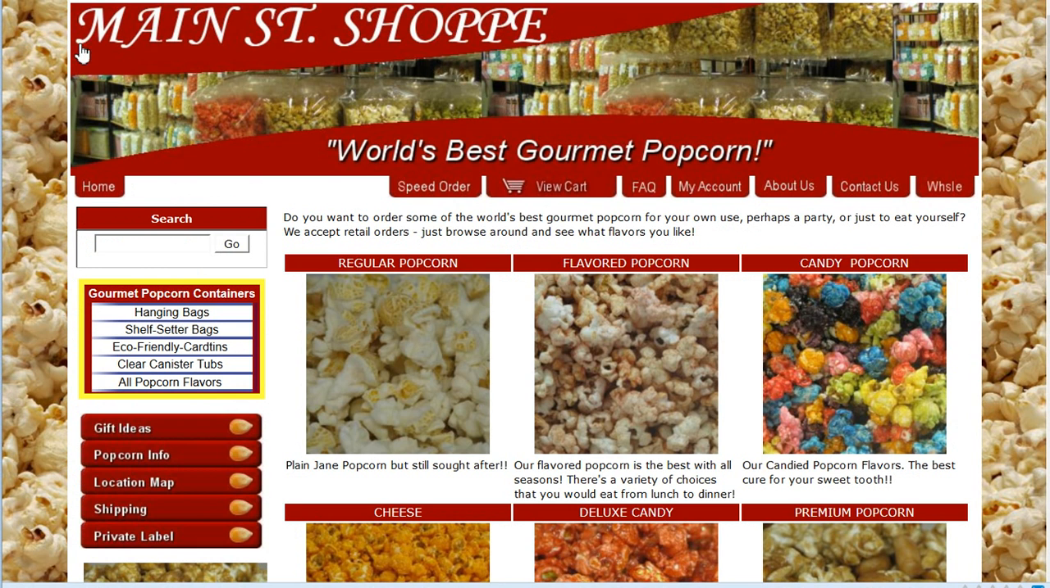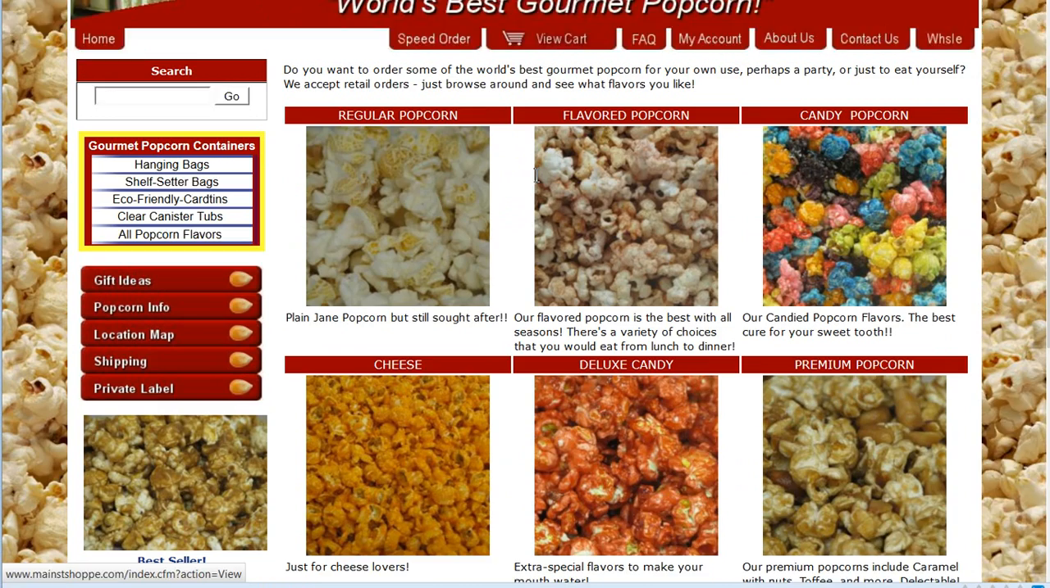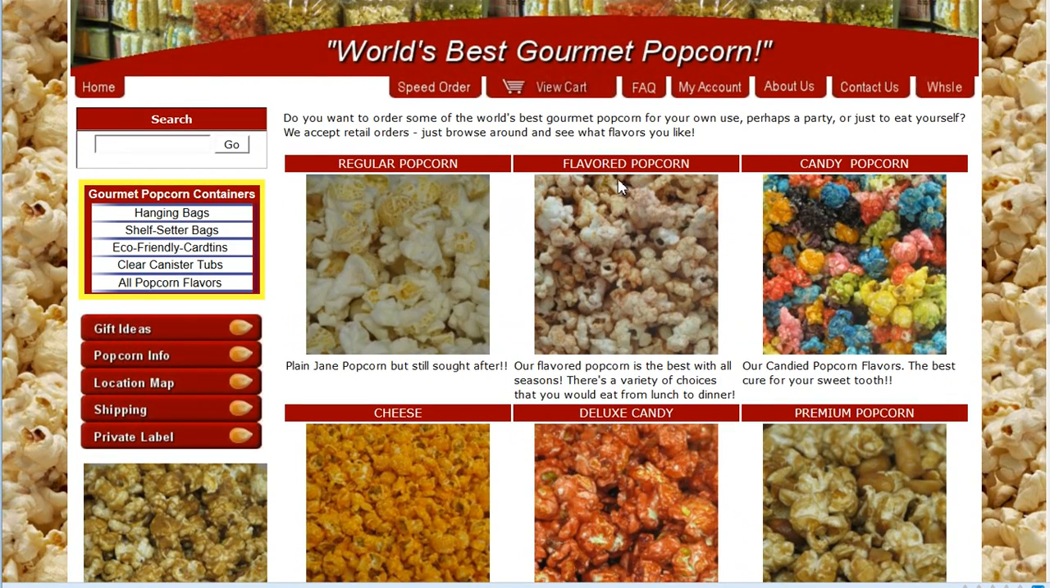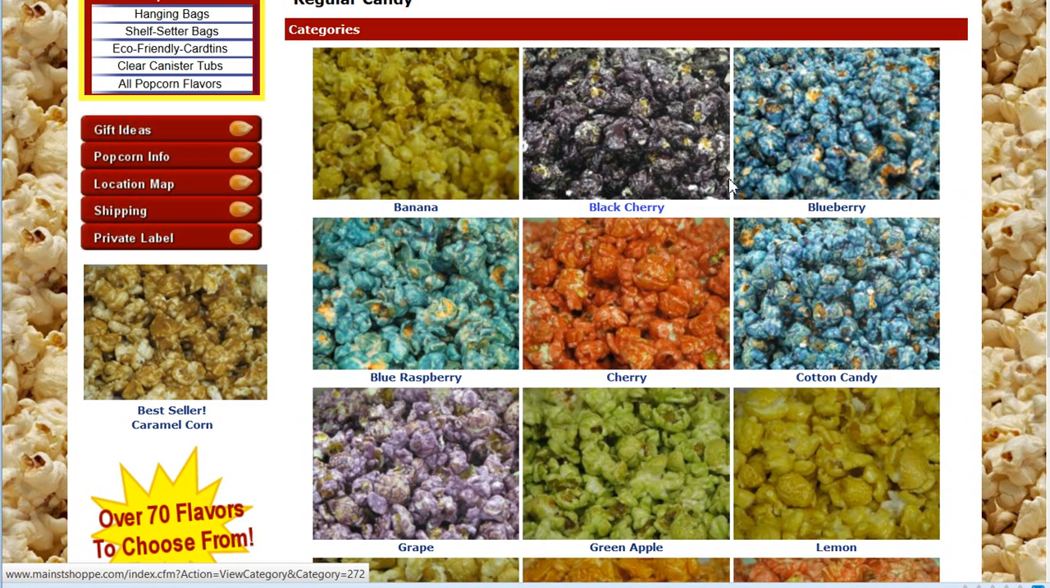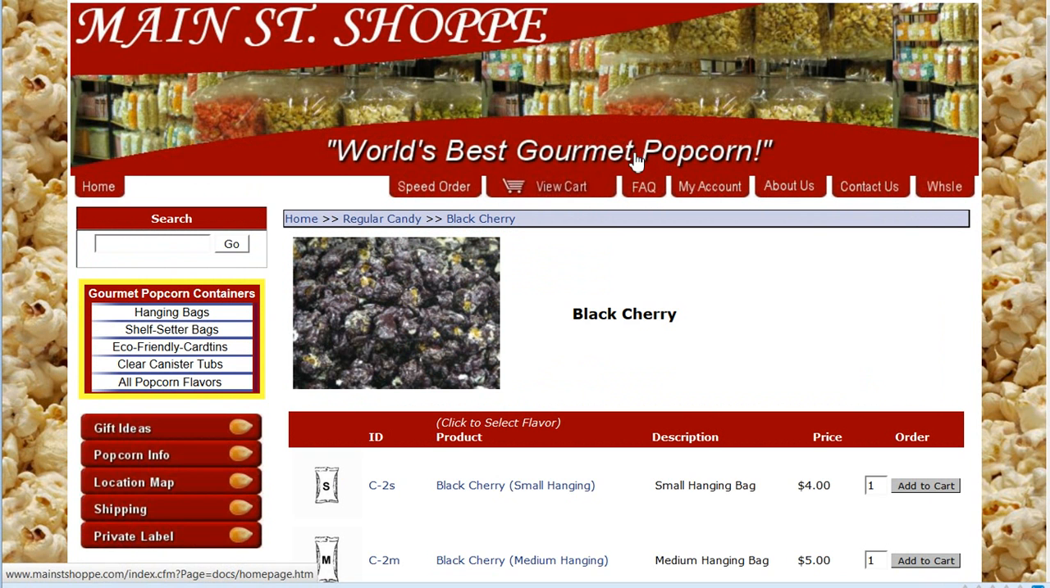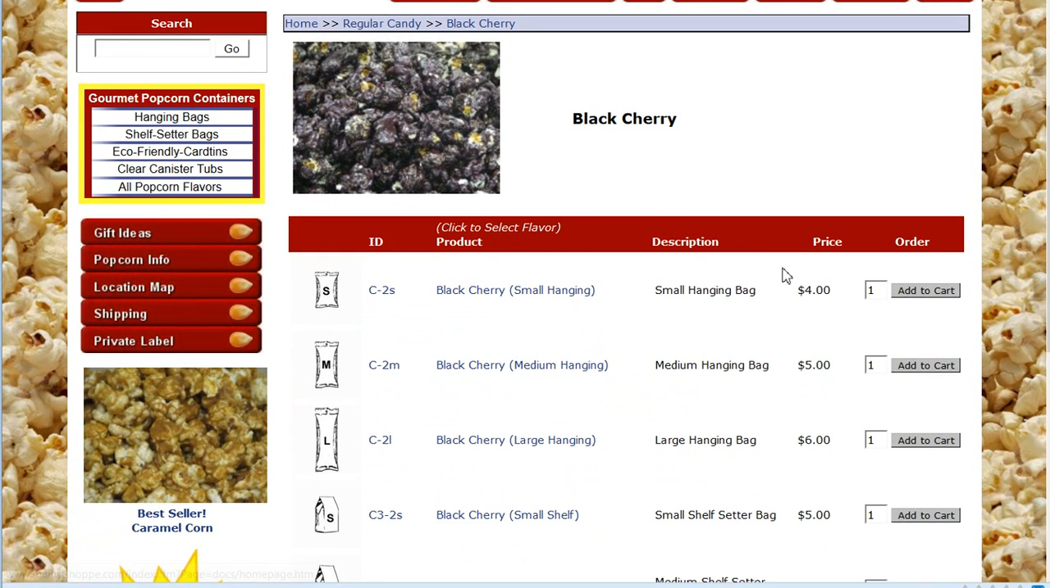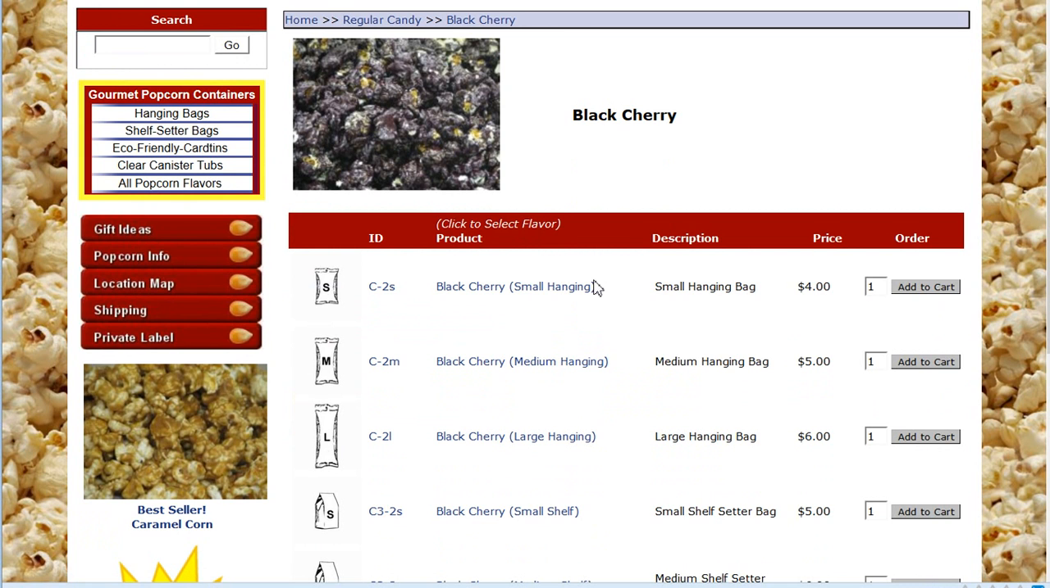So I'm going to start here with Main Street Shop, and we can see here that we've got a number of different types of popcorn in here. And perhaps I'm going to shop for some candied popcorn, and maybe I really like the black cherry popcorn. I can come in here and I can see that I could add black cherry popcorn to my shopping cart